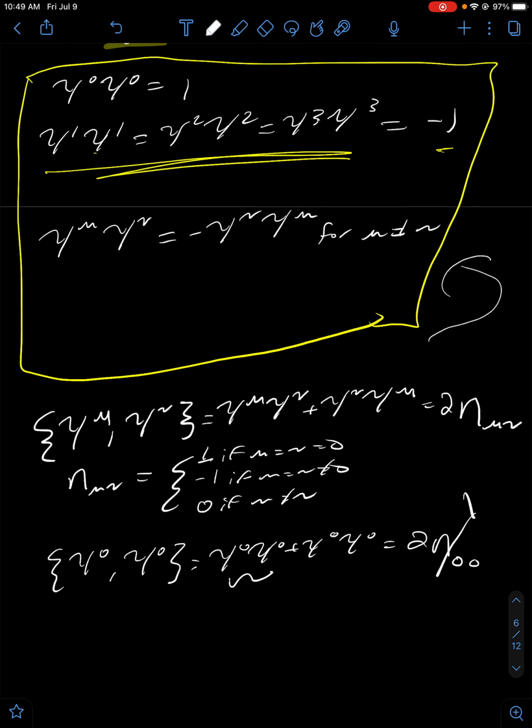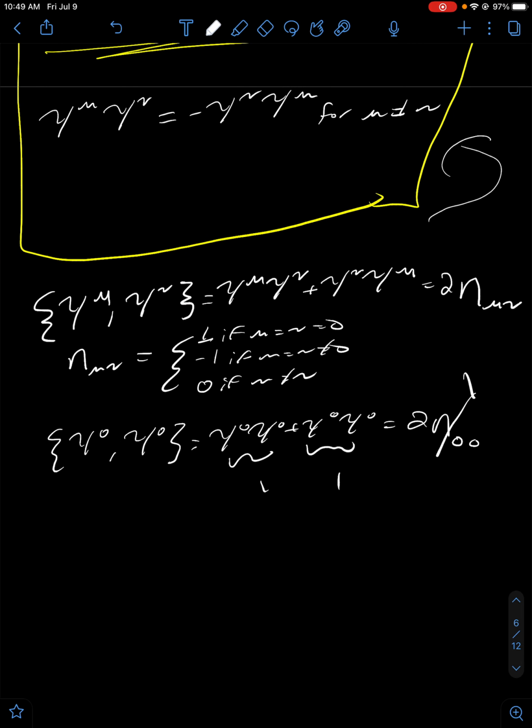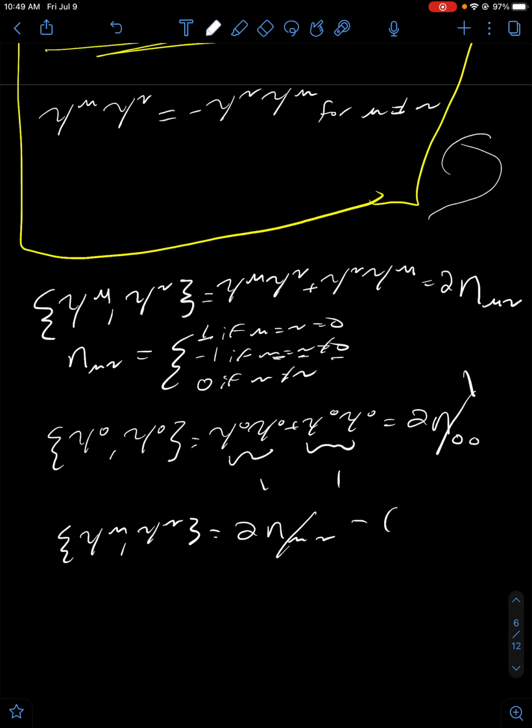Which implies that gamma naught squared would have to be 1, which is what this says over here. If mu does equal nu but does not equal 0, well, then we have the anticommutator of gamma mu and gamma nu equals twice the Minkowski metric mu nu, which is just going to be -1 for mu equals nu not equal to 0, which implies that